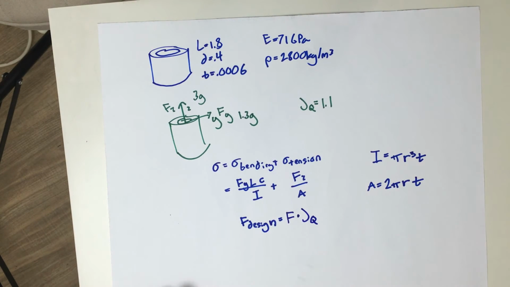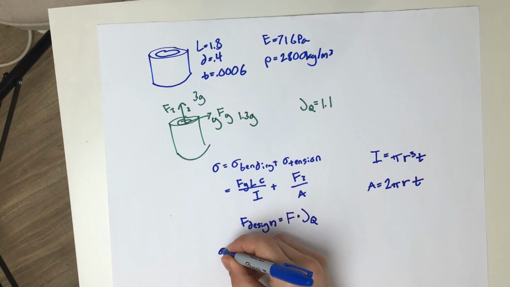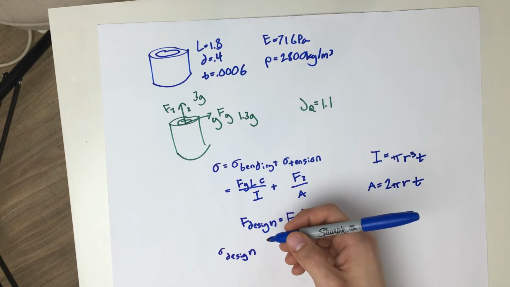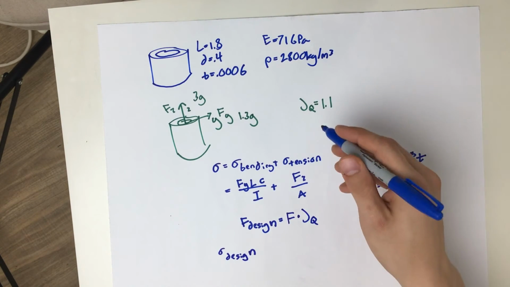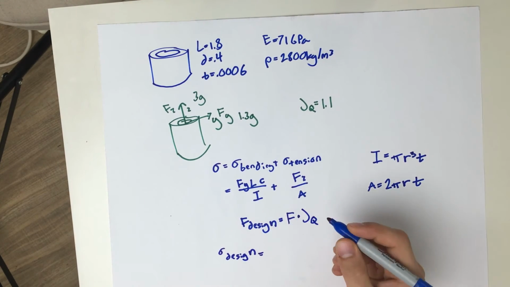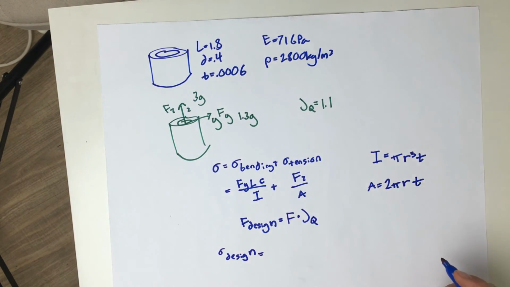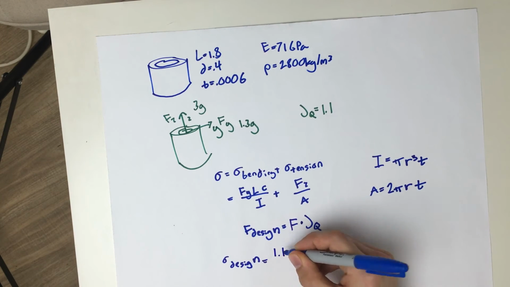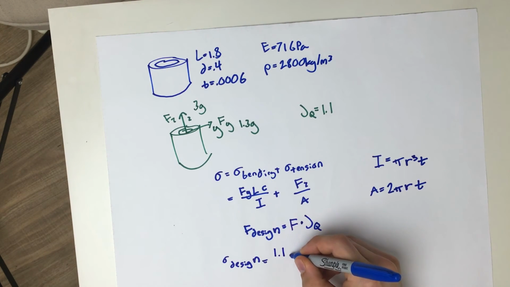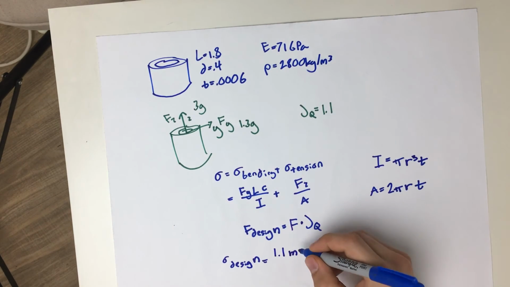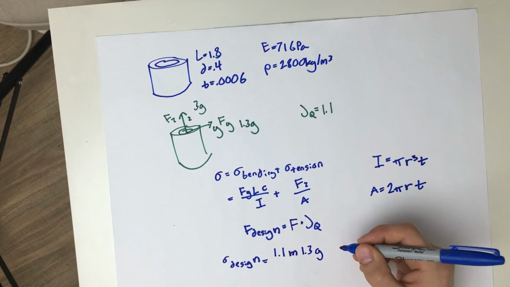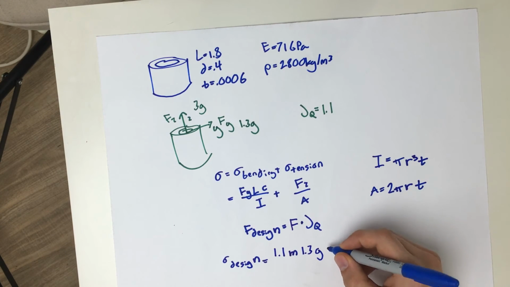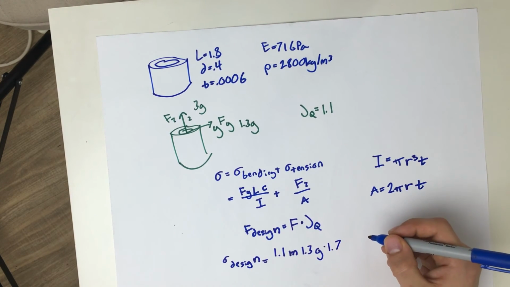So in order to calculate, let's call it our design stress, we need to take this factor and apply it to here. We're also going to have to make some substitutions in order to make this equation something that we can substitute everything into. So let's do that now. So 1.1, what's the force going to be? Well, it's going to be mass times 1.3 times the acceleration of gravity, and L here is the length of the satellite, so 1.7, and distance to